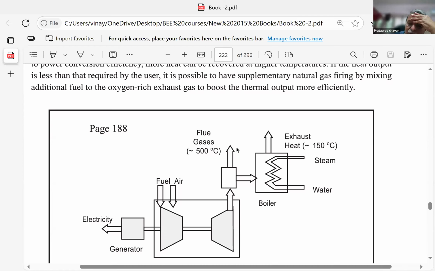But secondly, you are losing precious heat because this heat you have obtained by burning a very costly fuel, gas. So what I will do, I will not allow the heat to go to the atmosphere. The gases I will divert to a boiler. This boiler will not use any fuel, but the water coils in this boiler will be heated with the help of the high temperature gases. So this boiler will be utilizing the waste heat in these gases,